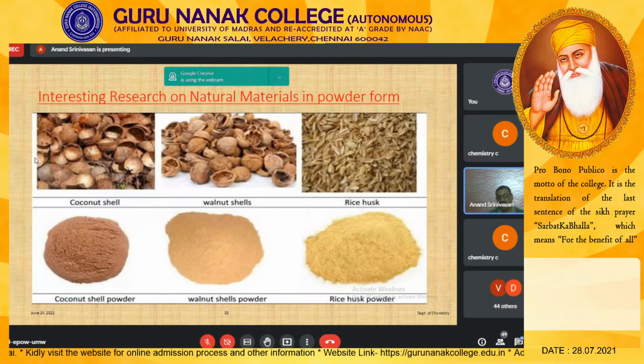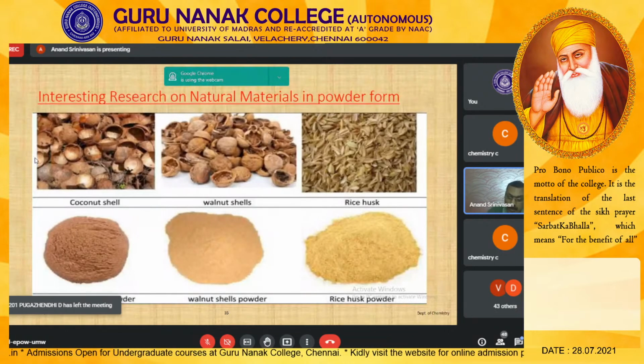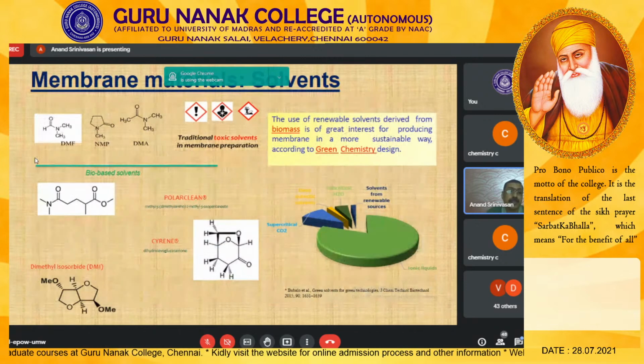Similarly, rice husk. We have also made a wonderful product using rice husk. It is used for oil filtration. That project we have submitted to the DST International Program in Portugal. So we have made good products using these natural materials. And you can also use solvents. Eco-friendly solvents can be tried in case of synthetic solvents. So these are all bio-based solvents you can try in place of synthetic solvents.